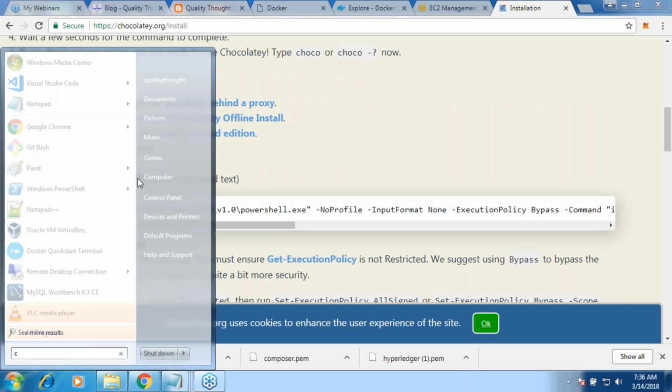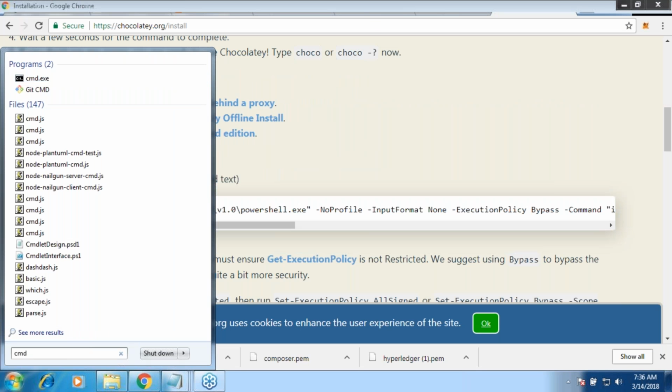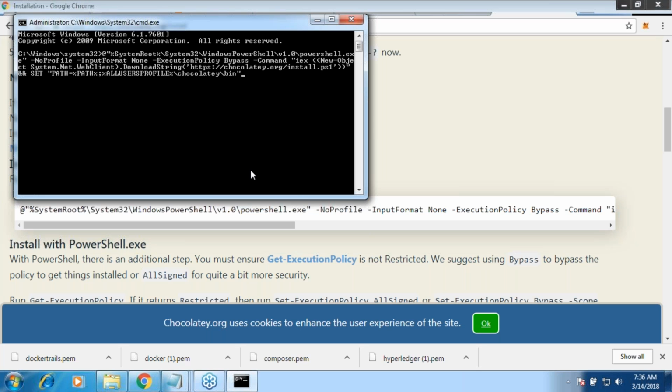Type cmd, which is your command prompt. Remember to run it as an administrator. Don't forget this, otherwise the installation might fail. Paste this and press enter. I'm not doing it because I already have Chocolatey. It will take a couple of minutes, and then you will have Chocolatey installed on your machine.